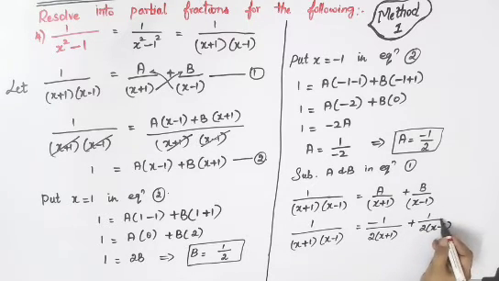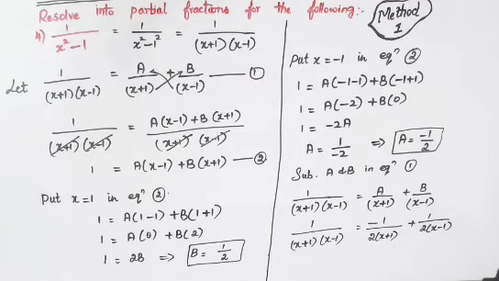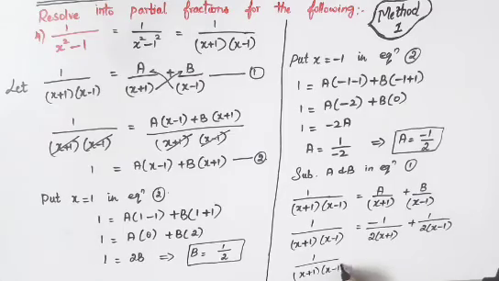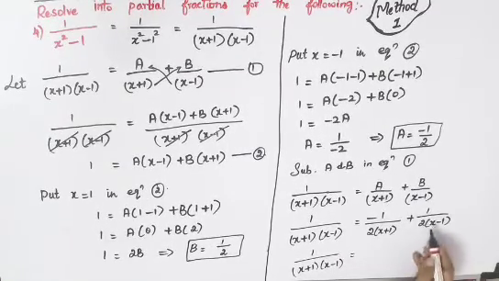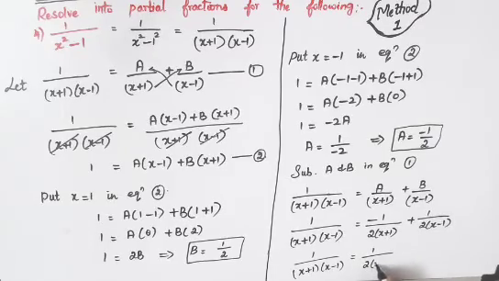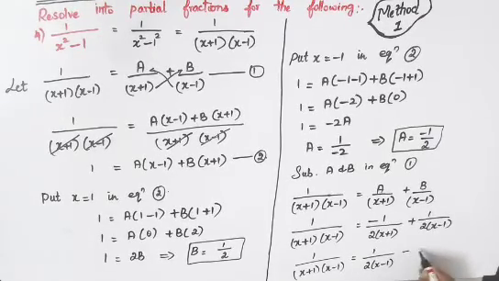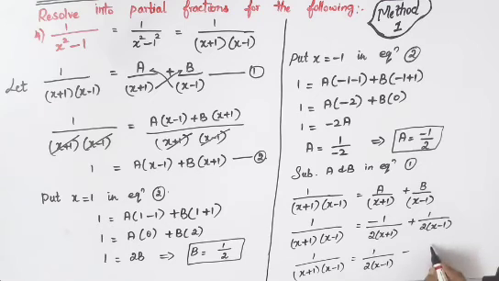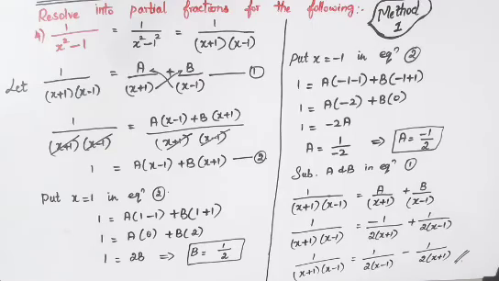Normally we will not leave the negative answer in the beginning. So just change your positive answer to the first and the negative answer to the second. So the last answer will be 1 divided by x plus 1 into x minus 1, which is equal to 1 divided by 2 into x minus 1, minus 1 divided by 2 into x plus 1. So this is the answer for your fourth question.